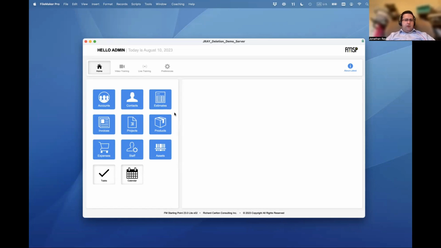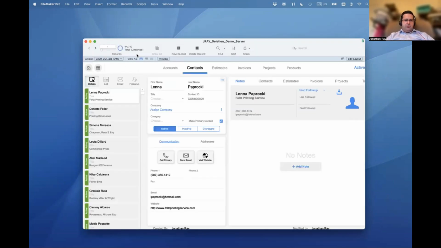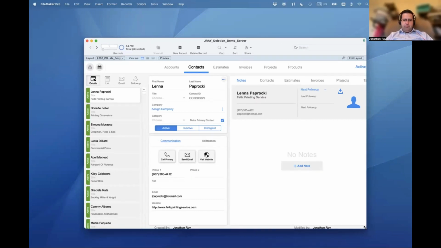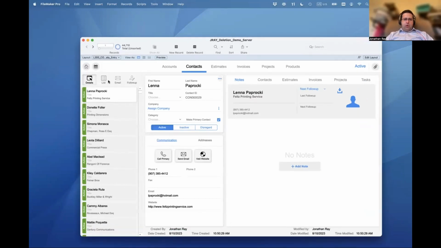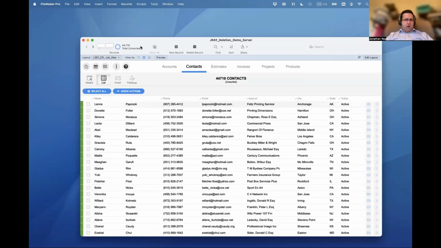Okay, so what I have here in the contacts module is around 50,000 test records loaded up. And then we're going to be almost exclusively in this list view layout in contacts. I want to give you a couple tools to put in your tool belt. This does come in handy, not all the time, but there are cases in which you'll want to be able to mass delete records, and you don't want to have to do that